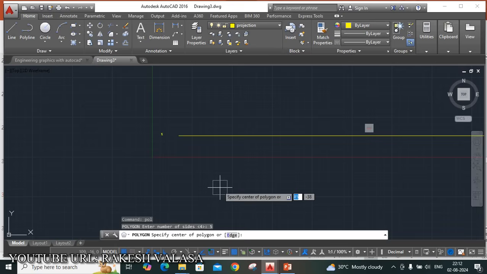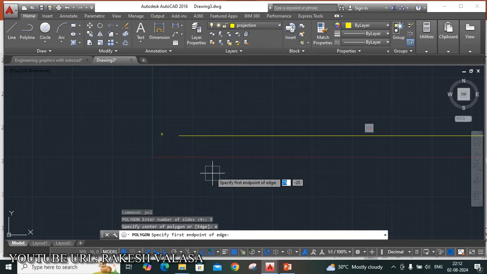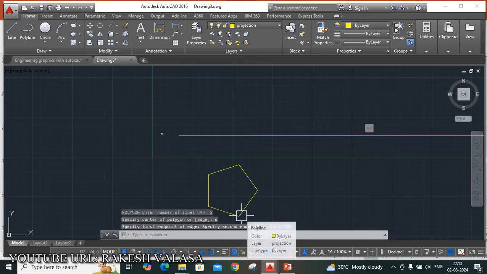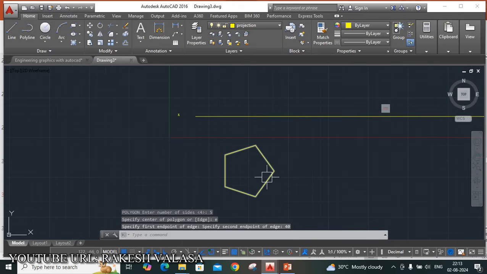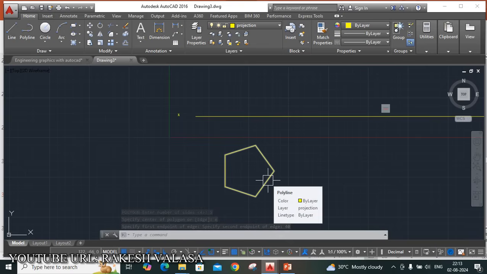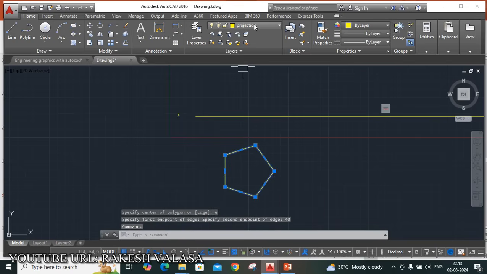In the problem he has given the side length, that is 40 mm, so I am choosing edge, E enter. Specify first endpoint, then second endpoint. We know the exact length, so I am entering the value 40, enter. Here this polygon is the initial top view.